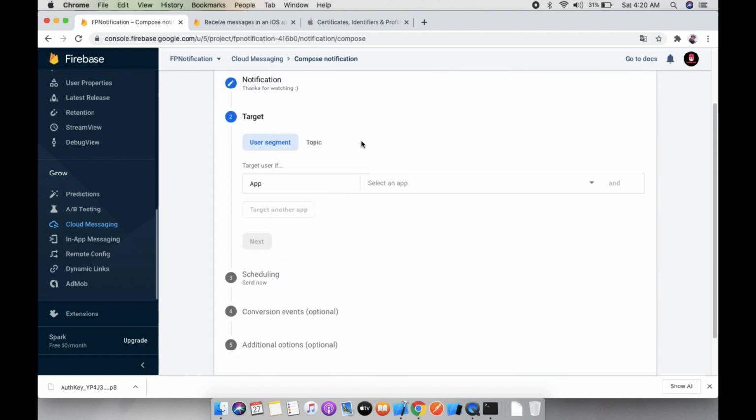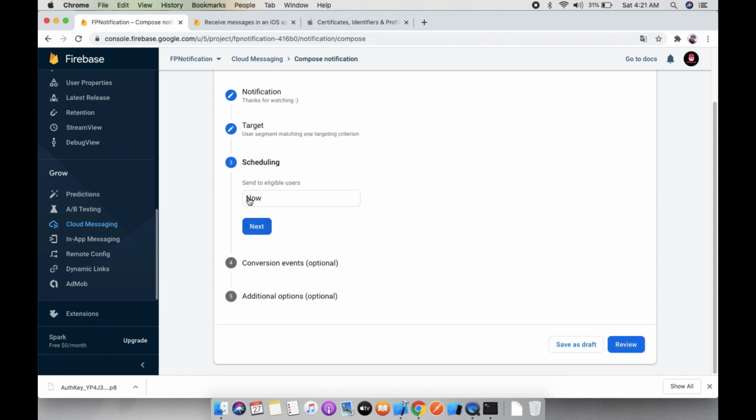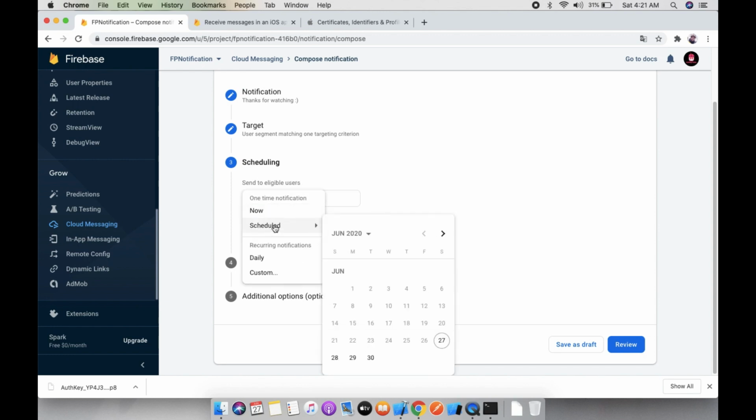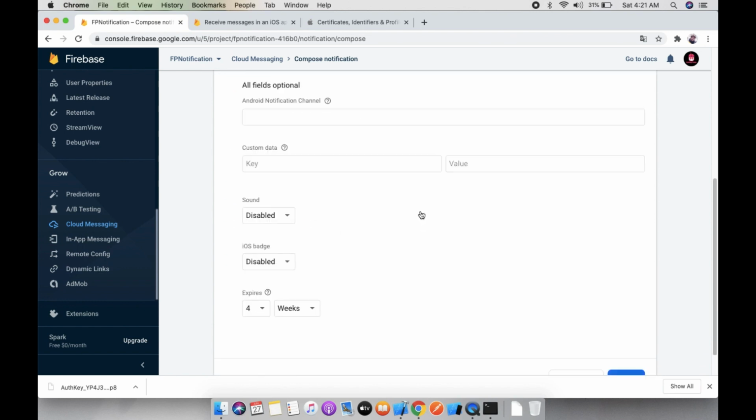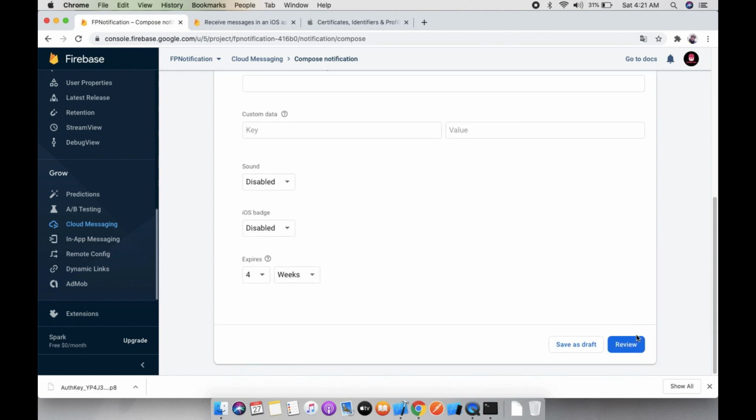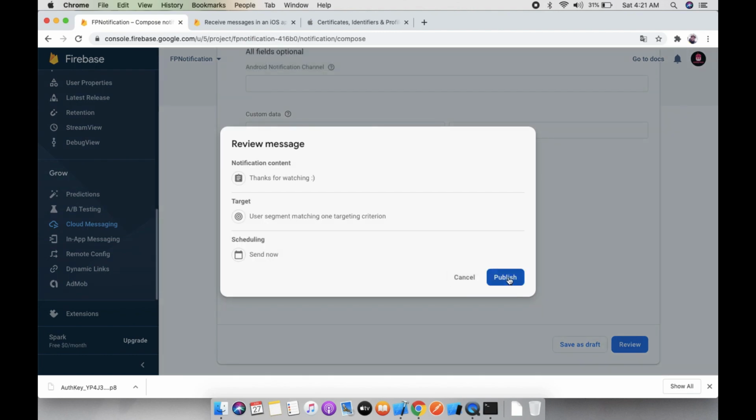And here in user segment you need to select your bundle identifier and next. And in scheduling, you need to send to the eligible users now, or you need to schedule according to time or date, or daily in a recurring notification, or custom. So next, next, and review this and publish.